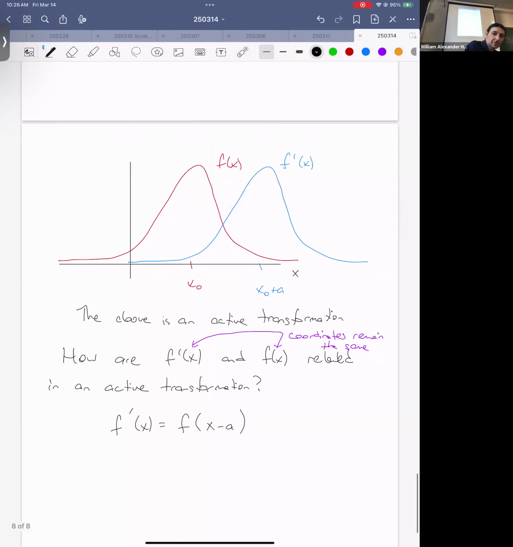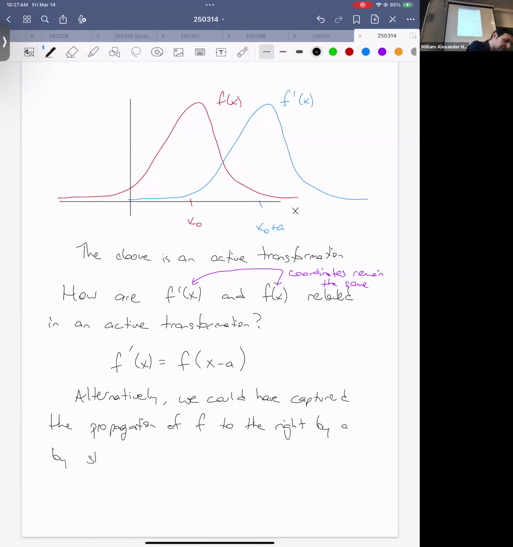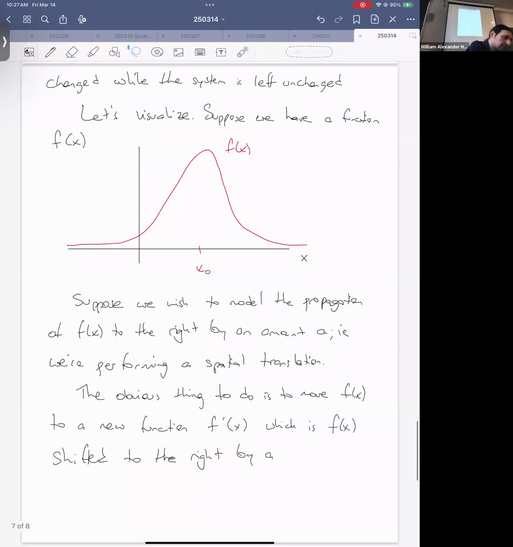All right, great. Alternatively, we could have captured the propagation of f to the right by a by shifting our coordinate system to the left, while leaving our function unchanged. So if I come back here,